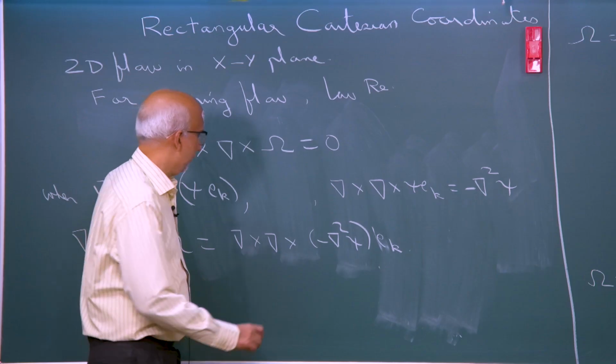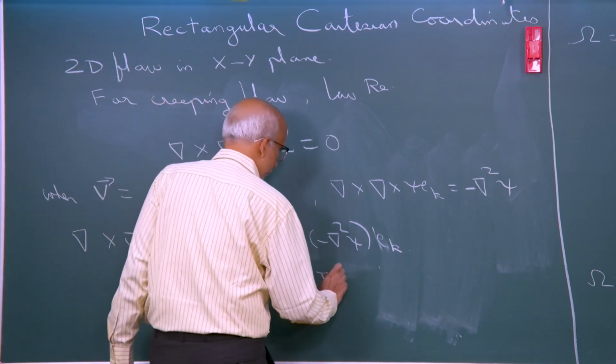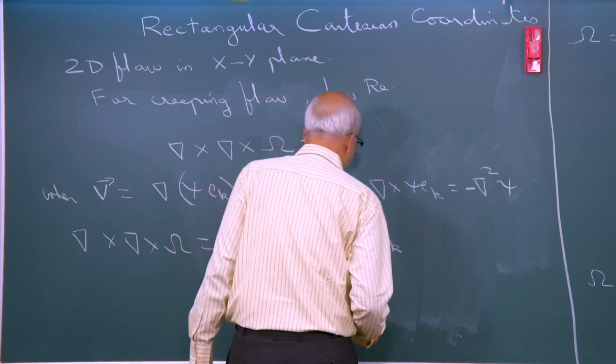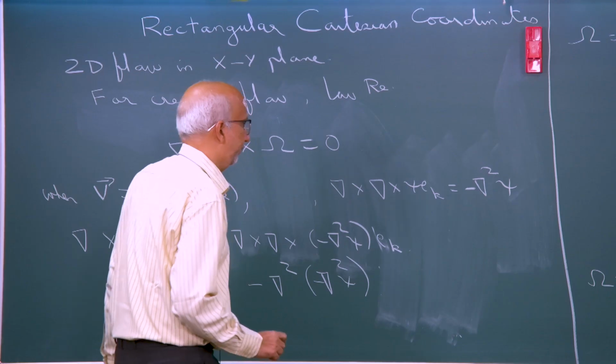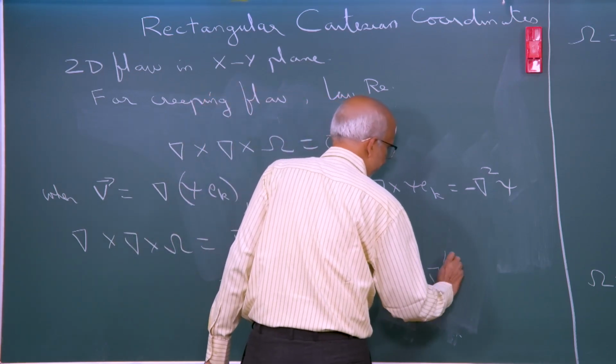So, I am going to write this as minus del square operating on minus del square psi, ek. So, this is basically del power 4 psi,